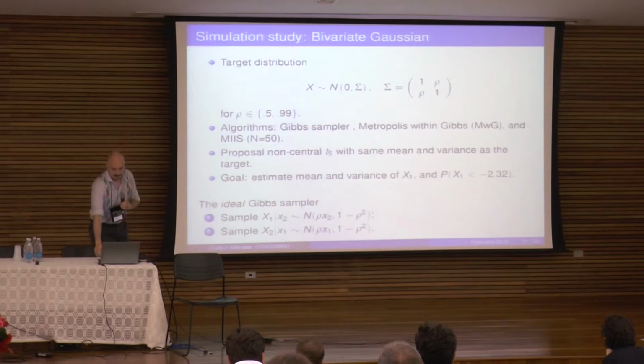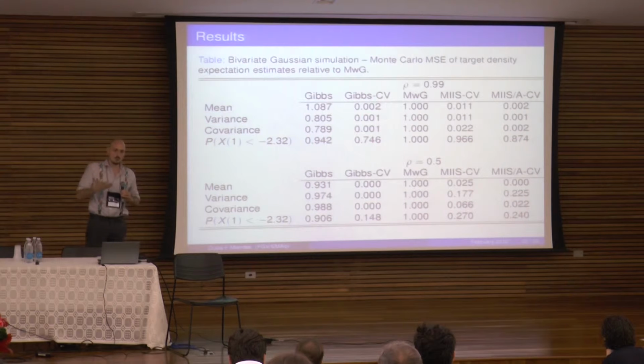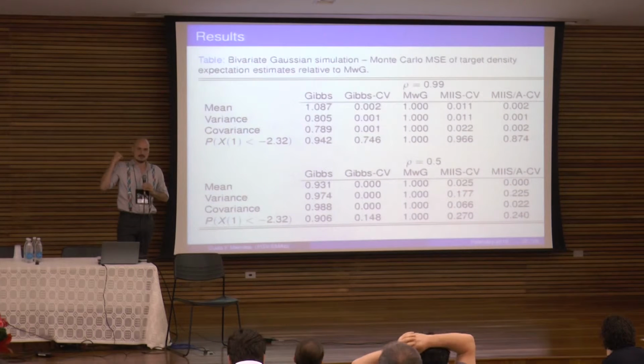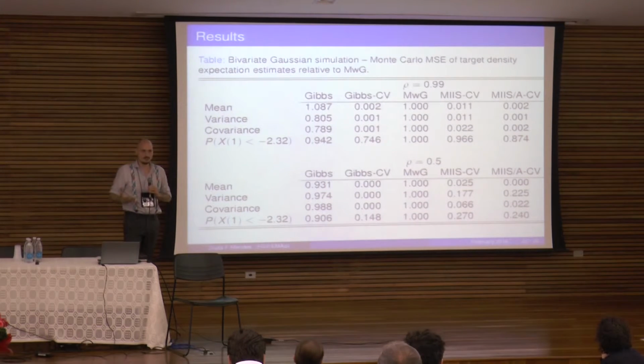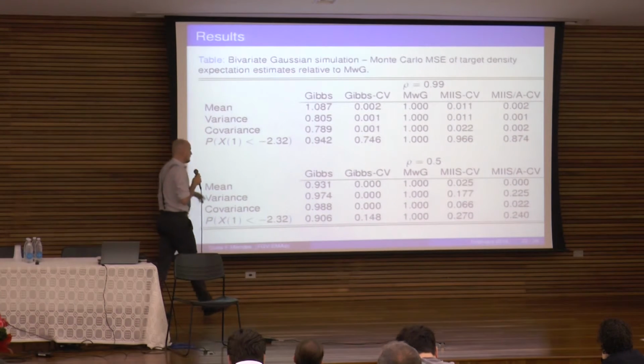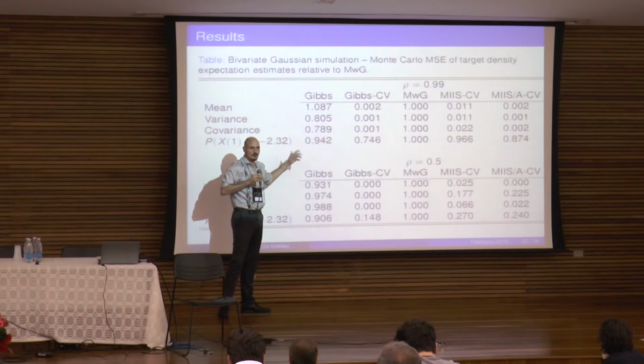Okay, good. So let's compare. I'm calculating the mean square error based on 500 replications of Markov chains of size 10,000. The computational cost is normalized, so that we run the chain long enough so that the computational cost is exactly the same for each algorithm. Now, the Gibbs sampler is the ideal Gibbs sampler, as we all know, because we know all the conditionals.